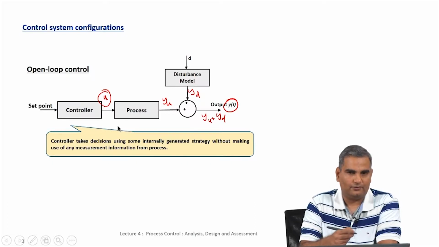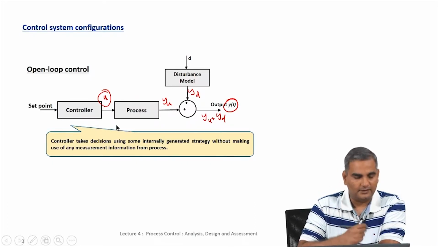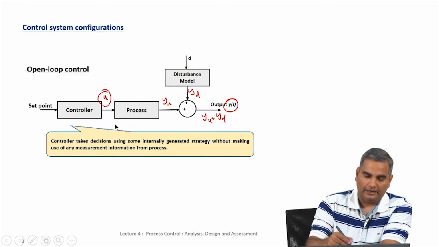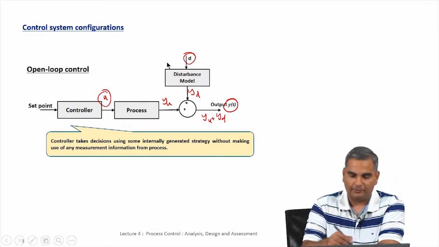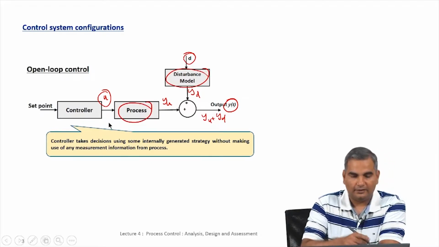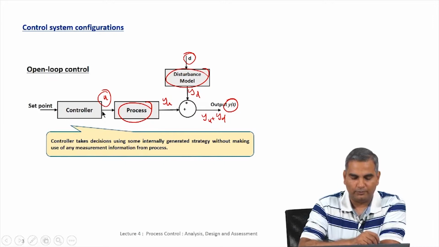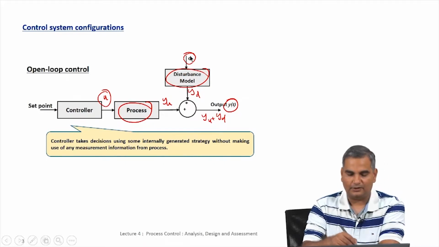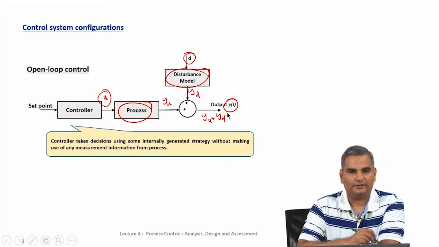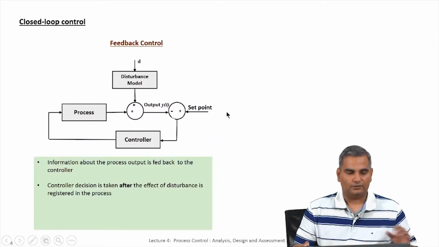And as we discussed before, this open loop controller is unlikely to work very well, simply because the models are not perfect. If you have perfect models, if you know the disturbance exactly and you have a perfect disturbance model and you have a perfect process model, then it is possible that we can just do this control in open loop, where we simply say what should u value be given the exact disturbance value and exact models, so that Y takes its set point value. Okay, but this is unrealistic in real life situations.